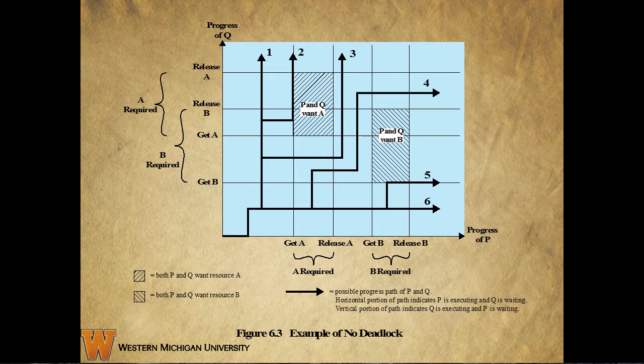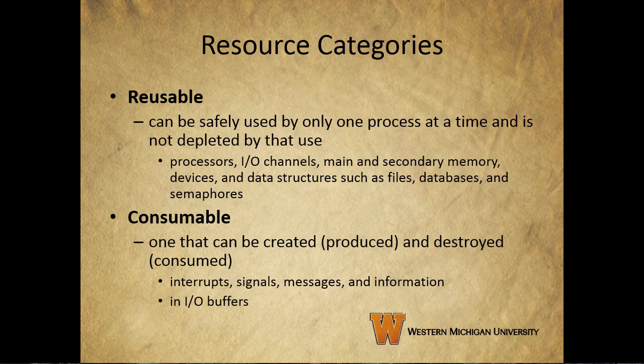Now, as we see here, the joint progress diagram can be used to record the execution history of two processes that share resources. In cases where more than two processes may compete for the same resource, a higher dimensional diagram would be required. The principles, though, concerning fatal regions and deadlock and when it will and will not occur remain the same. Now, we keep talking about processes that want to use resources, so let's take a moment to talk